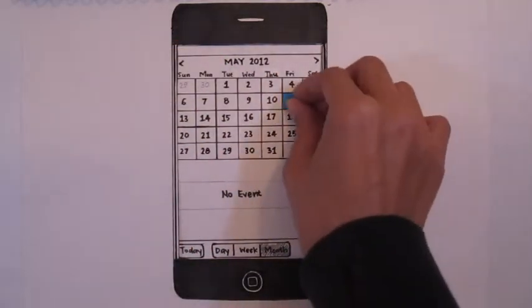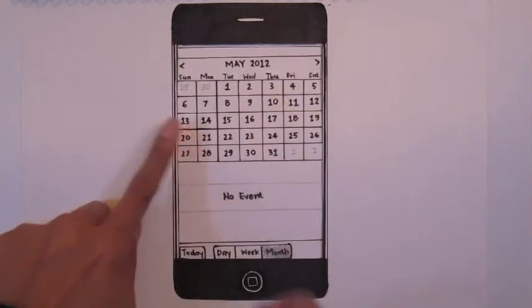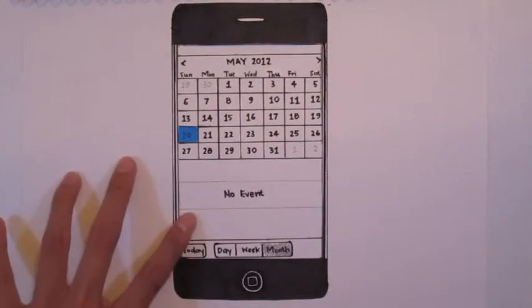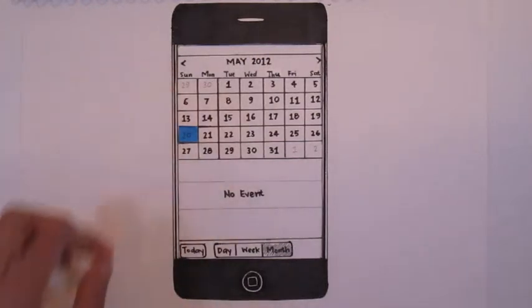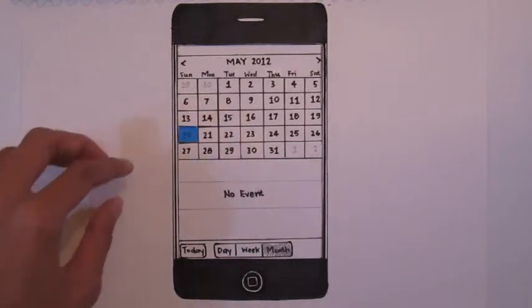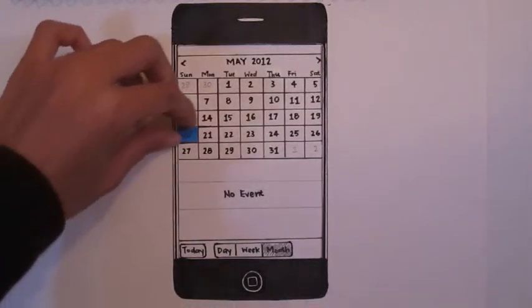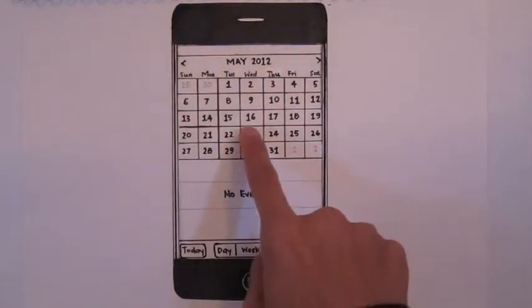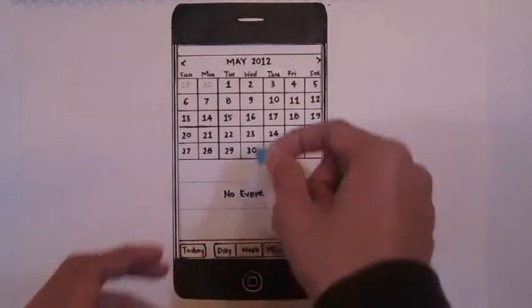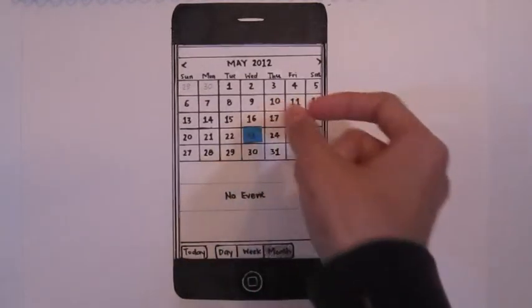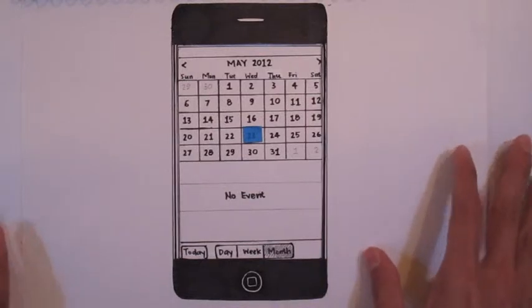We're going to start this testing by creating an event. If you notice, as you single tap on any of the dates, an event summary is available at the preview panel, the lower part of the screen. As there are no events created, it shows no event. The blue background that you see when you tap on a date indicates the date you are on. So to create an event, single tap on the date that you would like to select